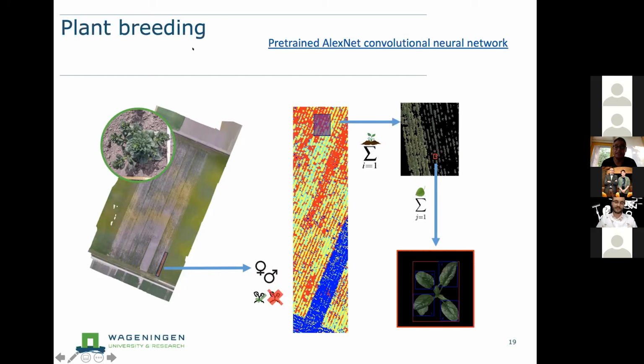The second step of this project was, okay, once we understand which areas are females and males, and which plants are emerging better, we need to count them. We need to have a good understanding of how many plants we are talking about. And then we need to go lower to the plant level and measure different phenotypes of the plant: the area of the leaves, the number of leaves, the height of the plant, etc.